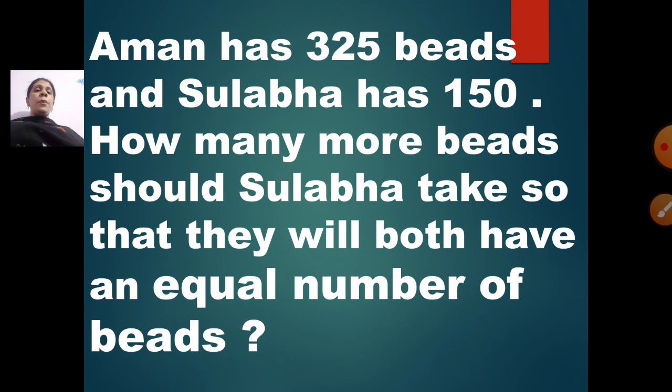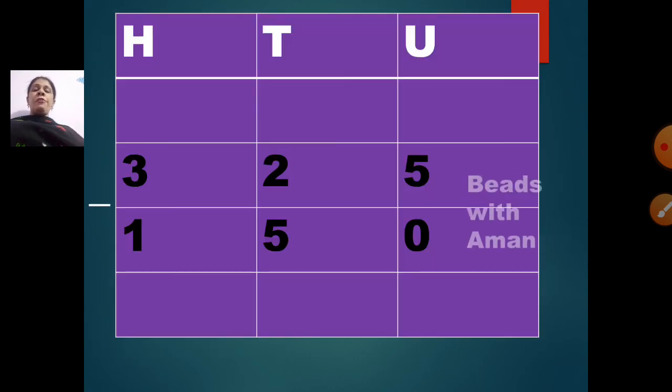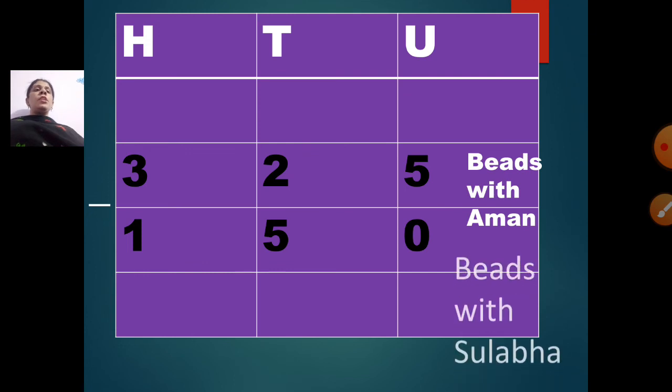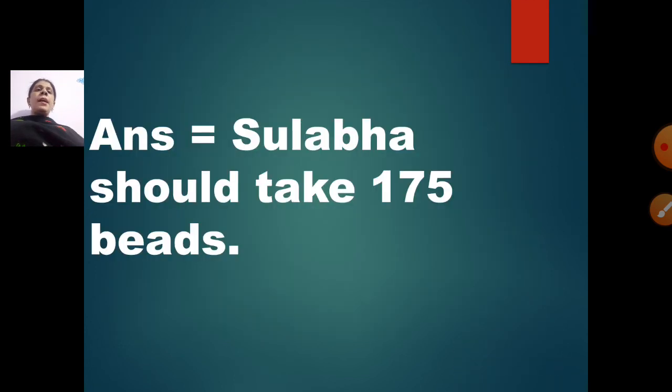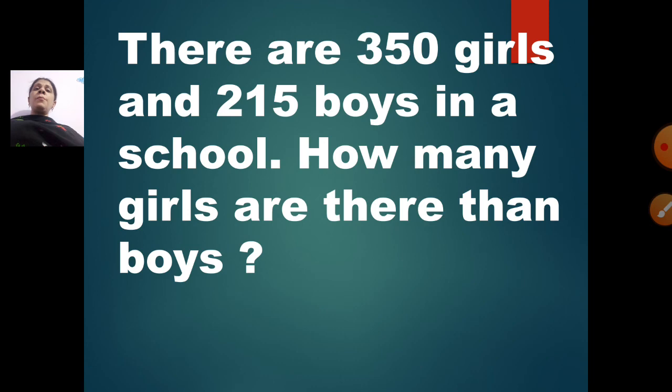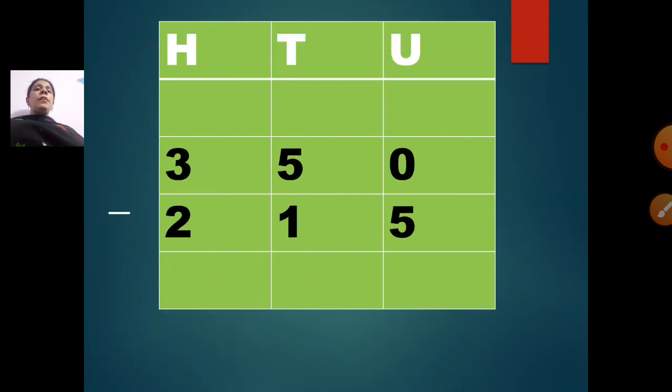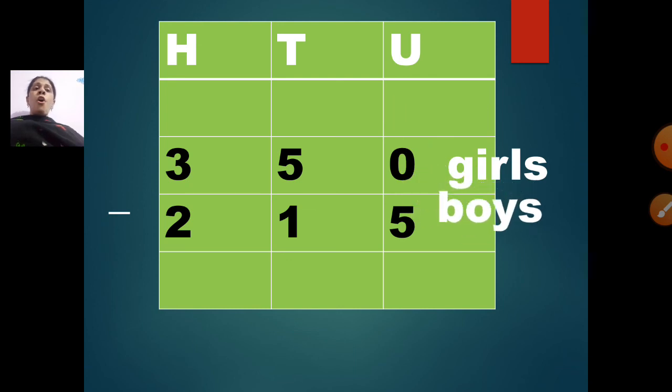Now this will be a third question. After that second, again write the third question on a fresh page. Solve it by yourself. Check the answers with the slide. Write the answers and then come to the next. Like that, till the last slide you have to write all the sums.